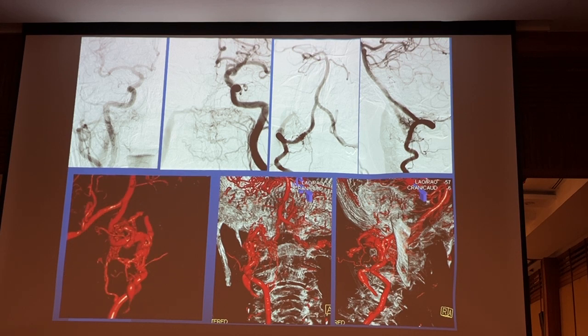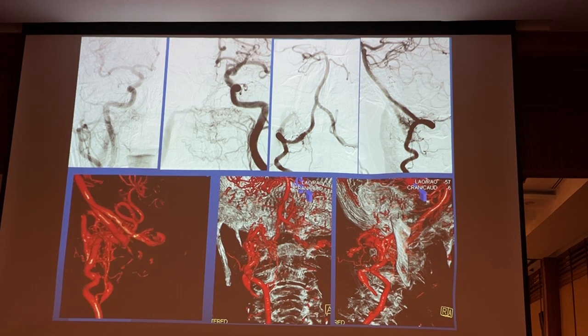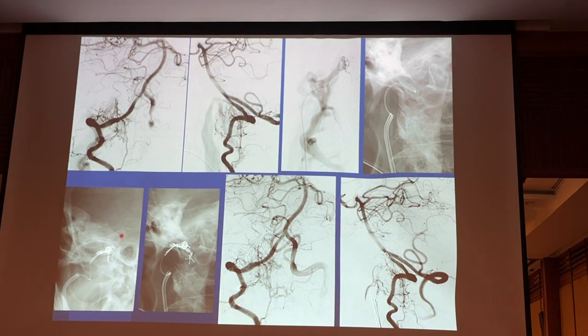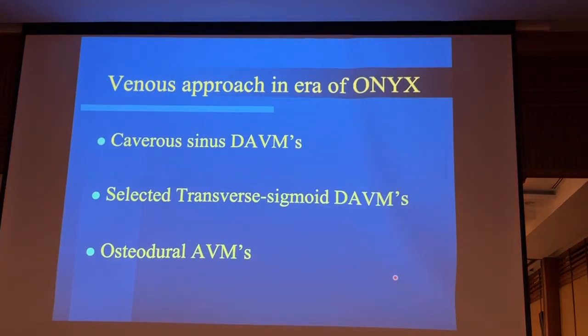You can see the 3D image of the ascending and the C3 anastomosis going into the shunt of the lesion. Okay? So we were able to go through the transvenous approach and close it. So osteodural lesions at the skull base are certainly indicated to go through transvenous approaches. These are, I believe, the indications to go through transvenous: cavernous lesions and selected cases of transverse sigmoid sinus dural